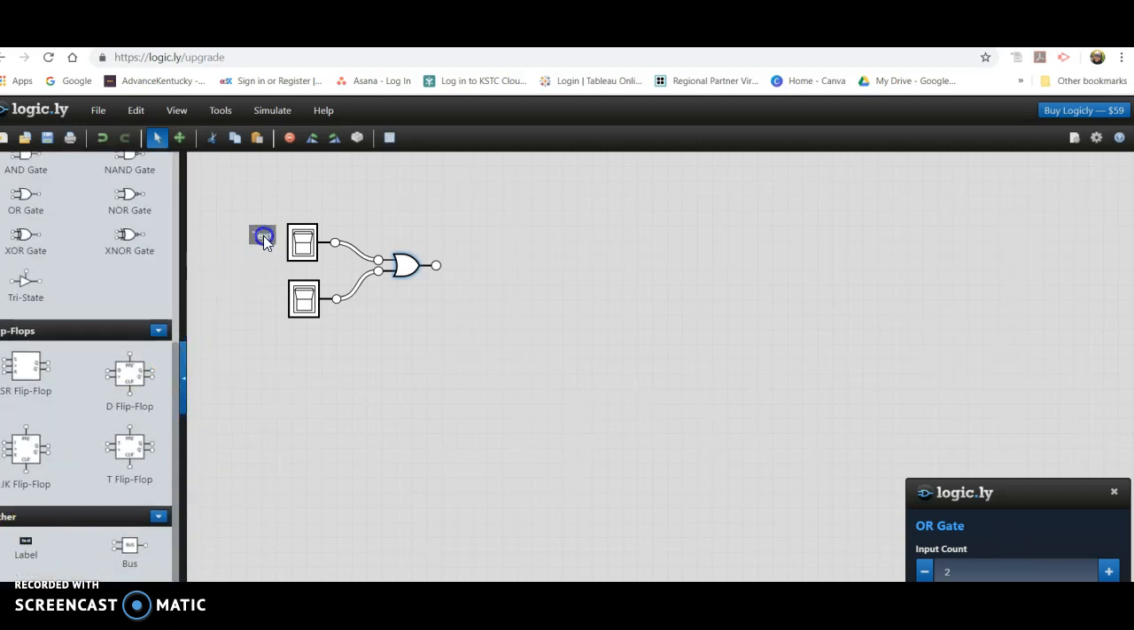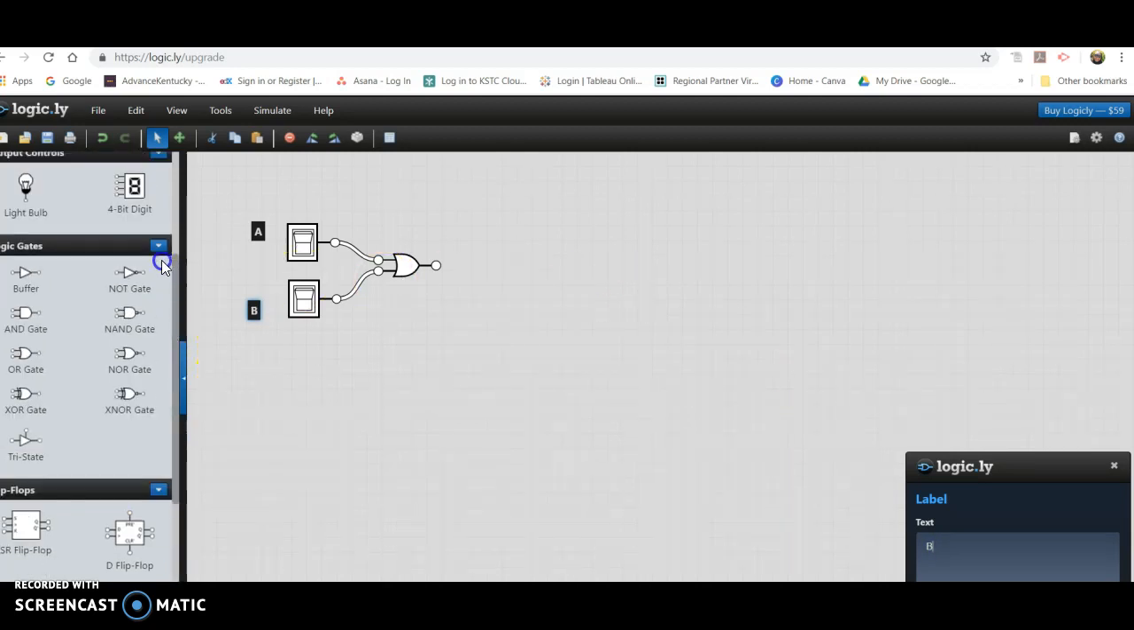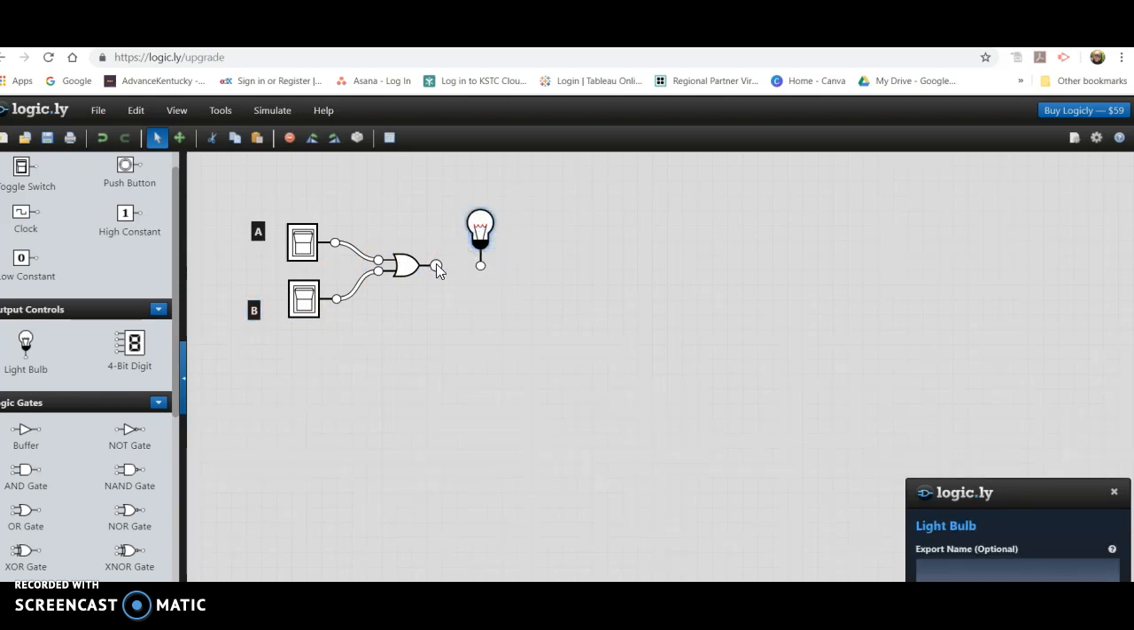Here's my label. I'm going to call this switch A and the other switch B. And their output will be represented by this light bulb and whether it's on or off. Light bulb. And I connect that OR switch